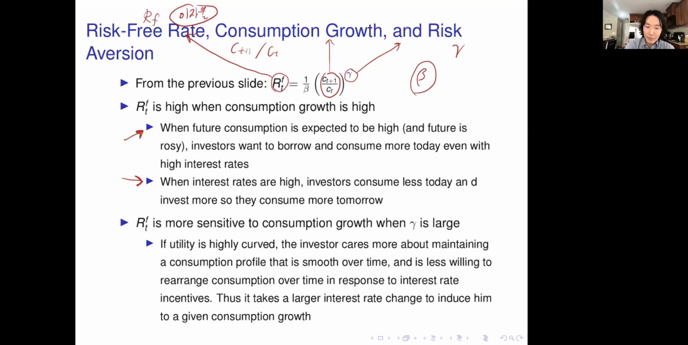In other words, this channel is just saying that when the risk-free rate is high, consumption growth is going to be high. But what the first one is saying is that when the consumption growth is high,